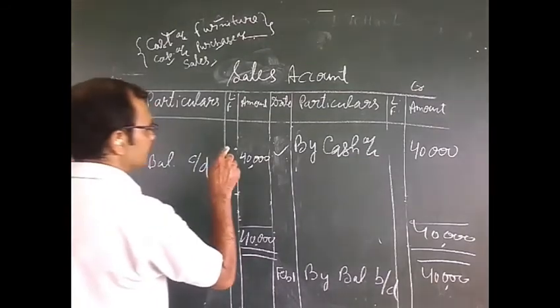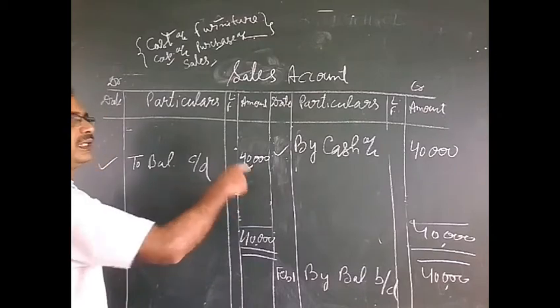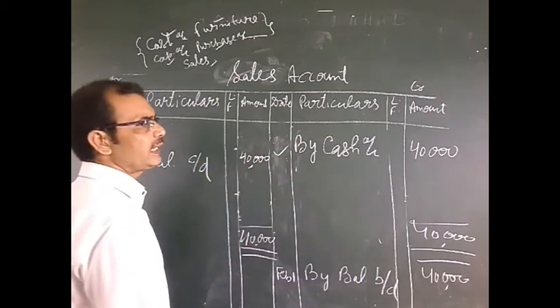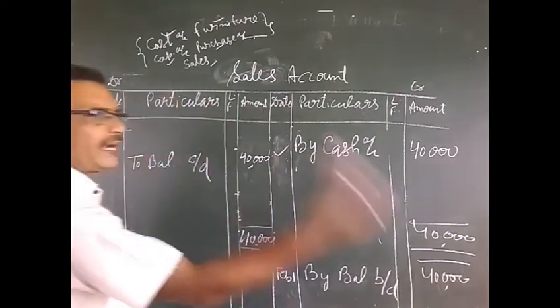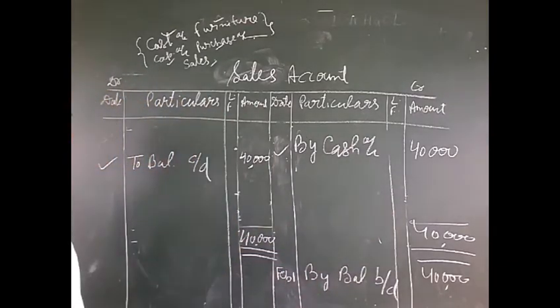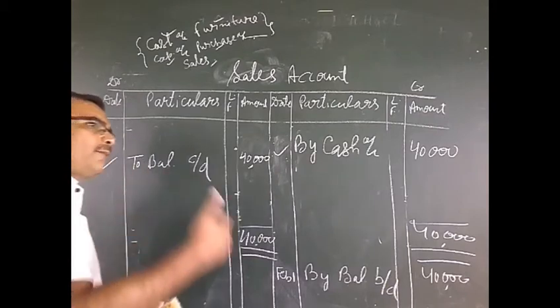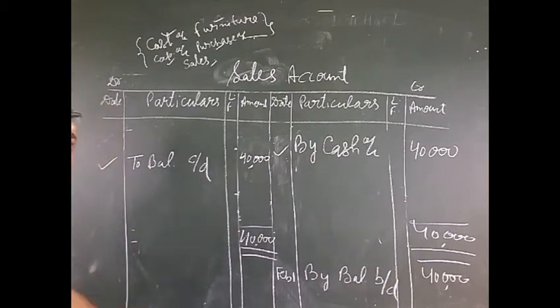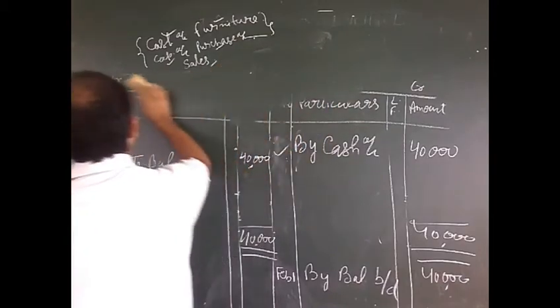If the balance is given in debit side, you will write the amount in debit side at the time of preparing trial balance. If the balances are given in credit, you will write down in the credit side of the trial balance. This is the main thing you will have to learn when you are going to prepare the trial balance. Now we will see